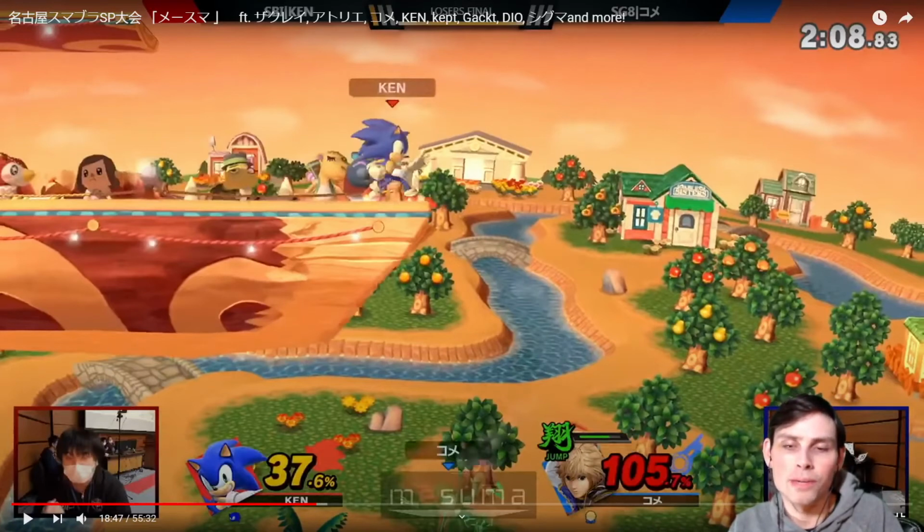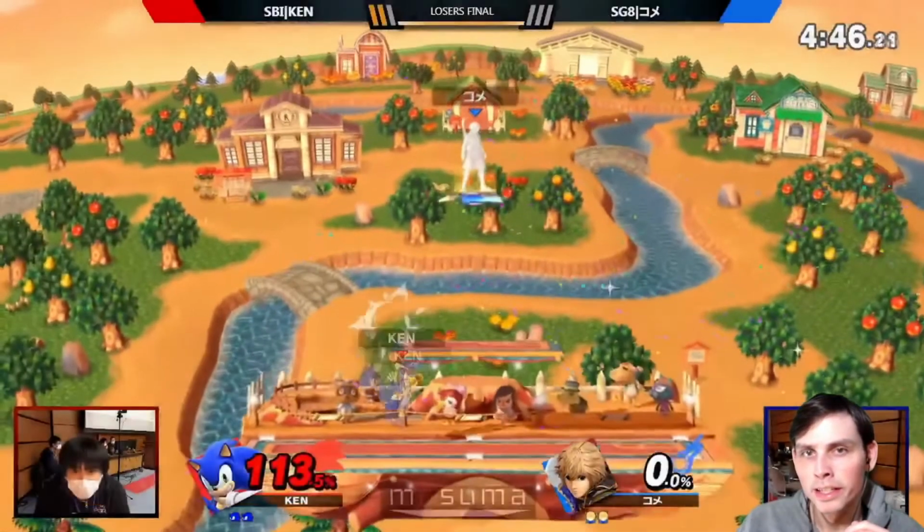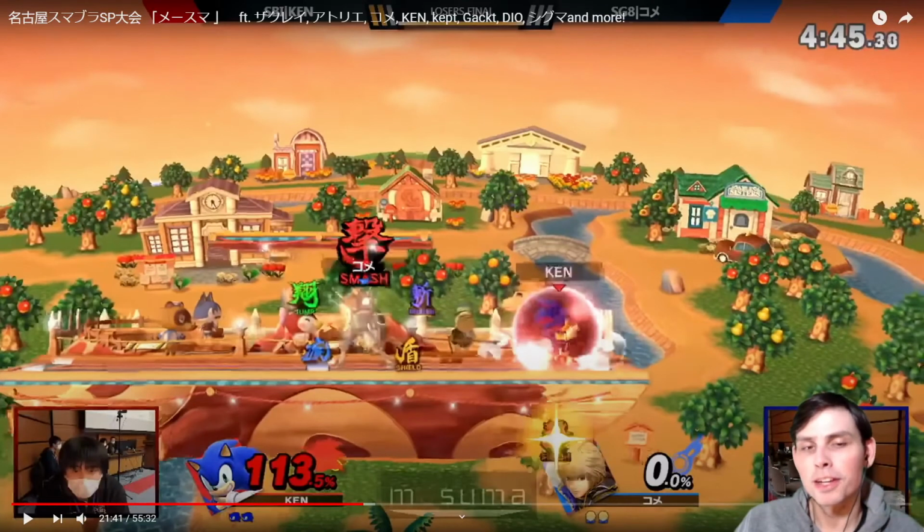It'd be less risky as well. But when you're this far behind, you have to take a risk to take a win sometimes. And I think that was a really, really smart play by Kome. Something Shulk mains can do is after they respawn and their opponent's at high percent, they'll go into smash, and